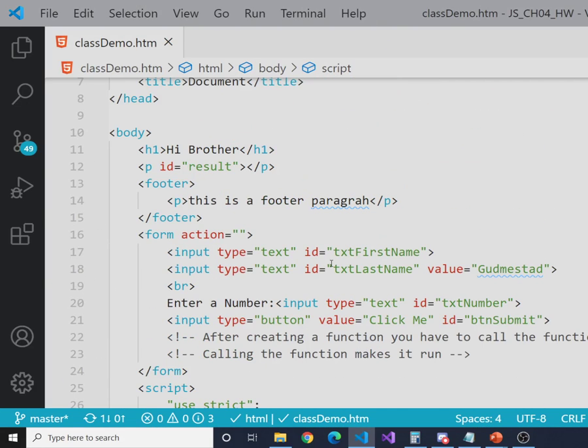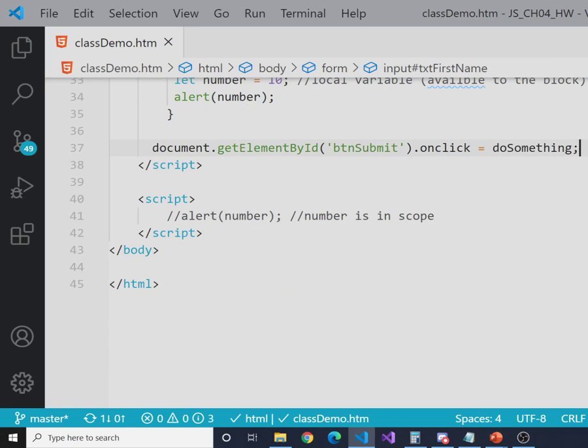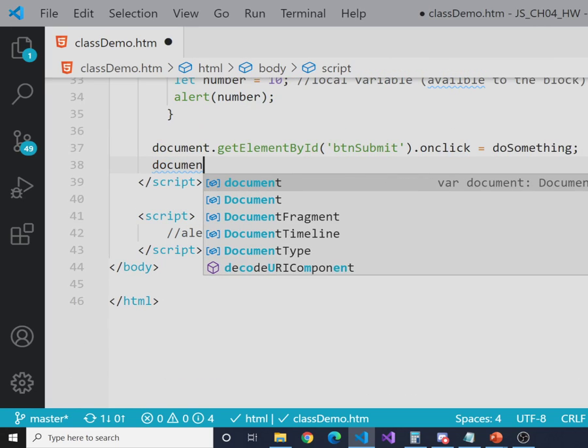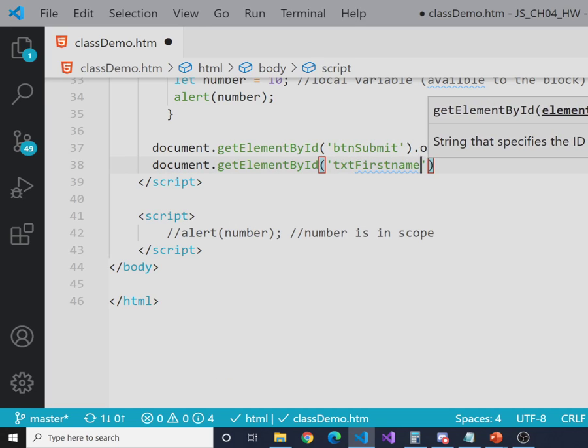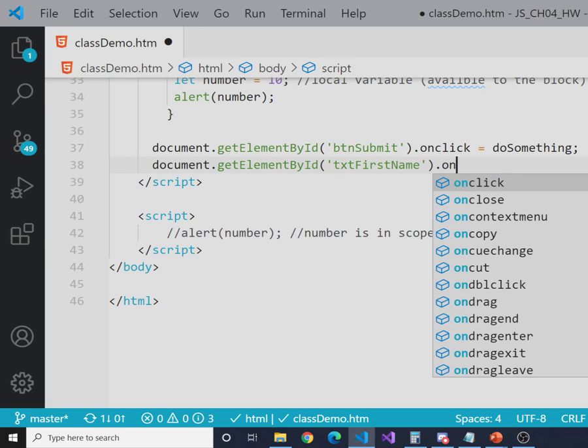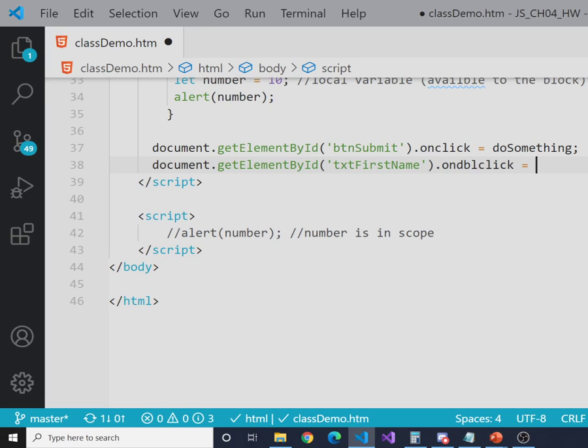Right? We could say, okay, when we double click this text box, text first name. So let's say document.getElementById text first name dot double click equals